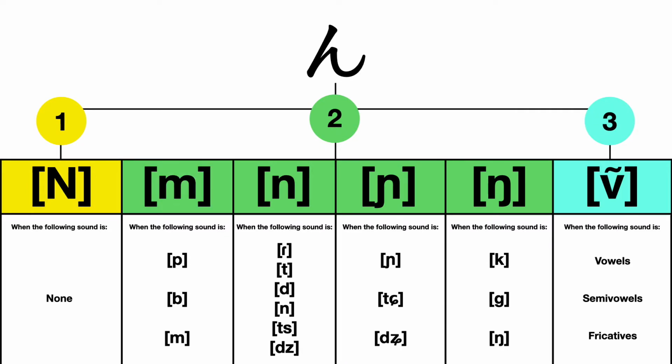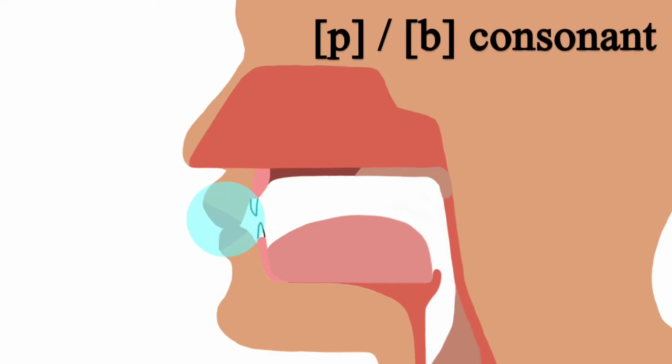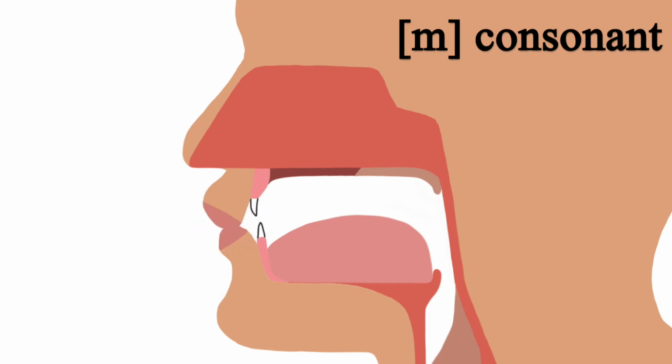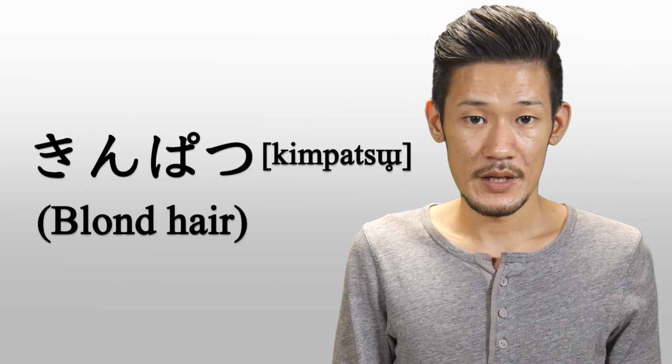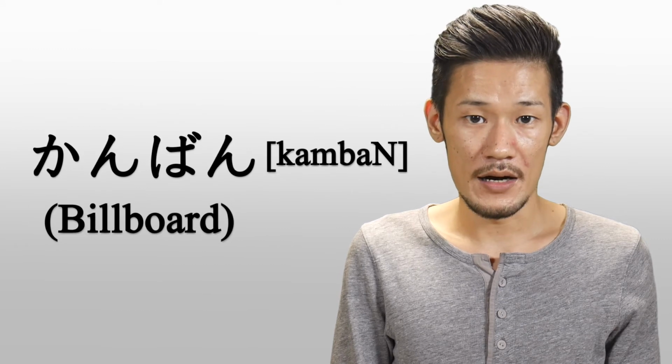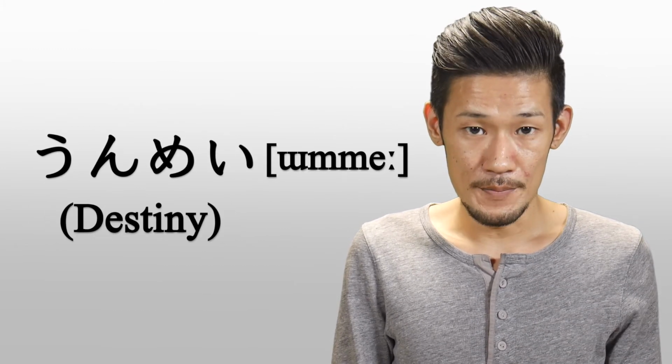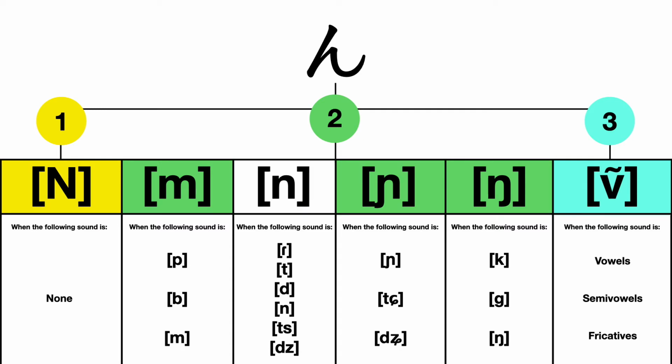When the following sound is P, B, or M. When the place of articulation of the following sound is lips, like P, B, or M sound, you pronounce n as the M sound. Example words. 金髪、金髪。看板、看板。運命、運命。